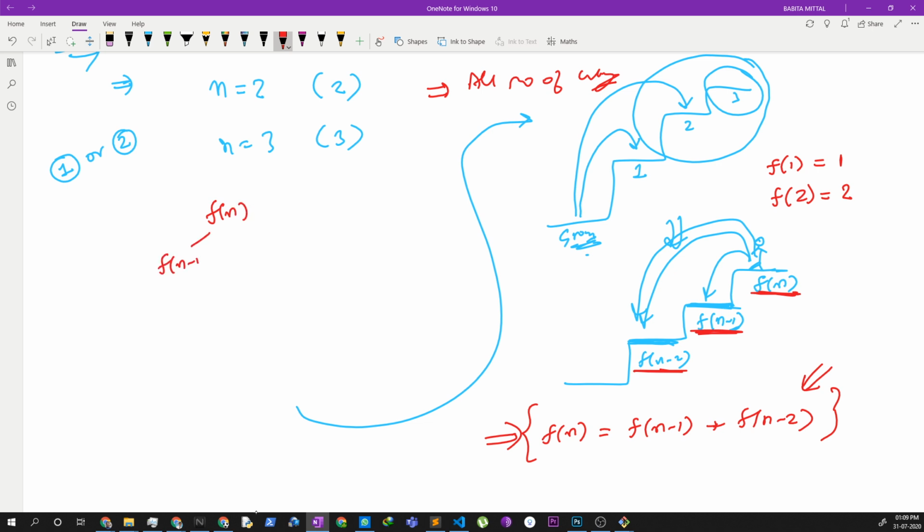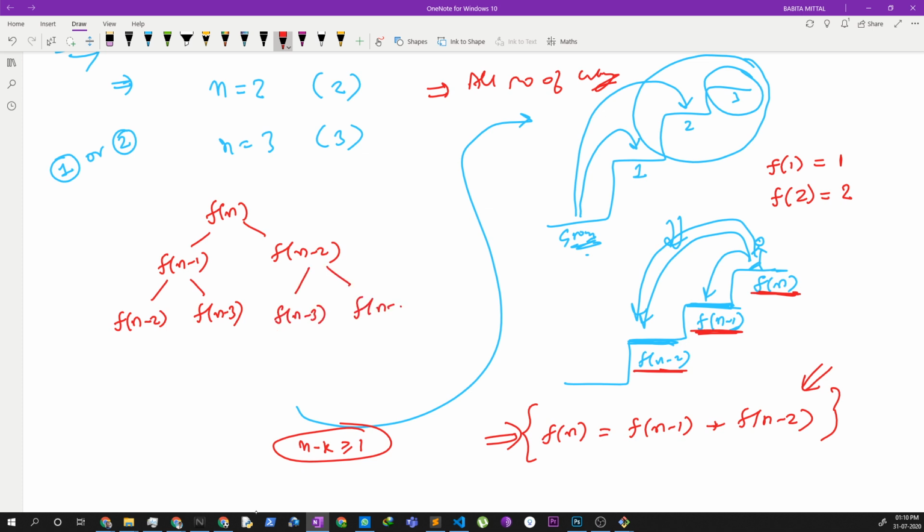But I can clearly see that if I have some f of n, I will have a function call to f of n minus 1 and f of n minus 2, and the same for f of n minus 2: I will have calls to f of n minus 2 and f of n minus 3, until n minus some k is more than 1, right? And it is the same here, f of n minus 3, f of n minus 4. So as you can see, if I use this recursive method, for every stage I have two options,